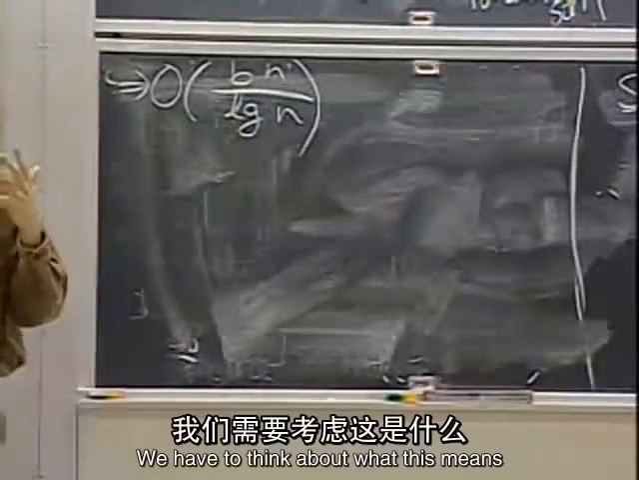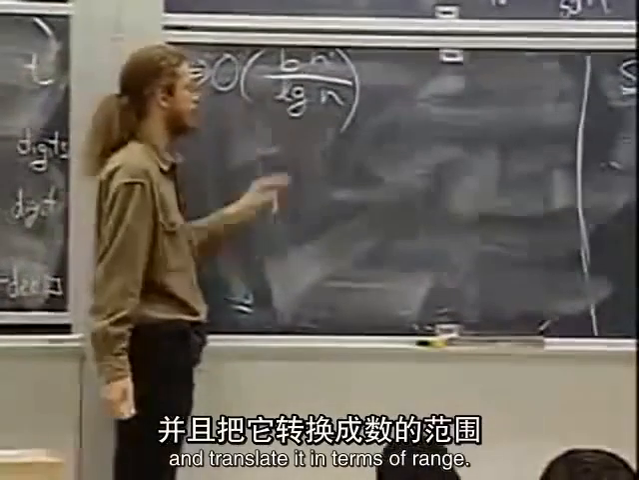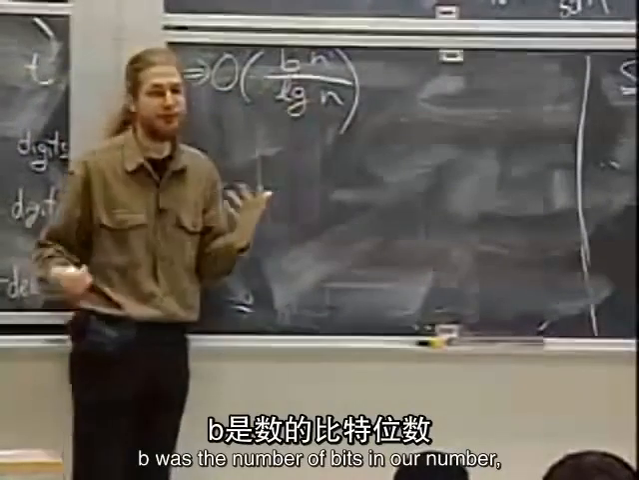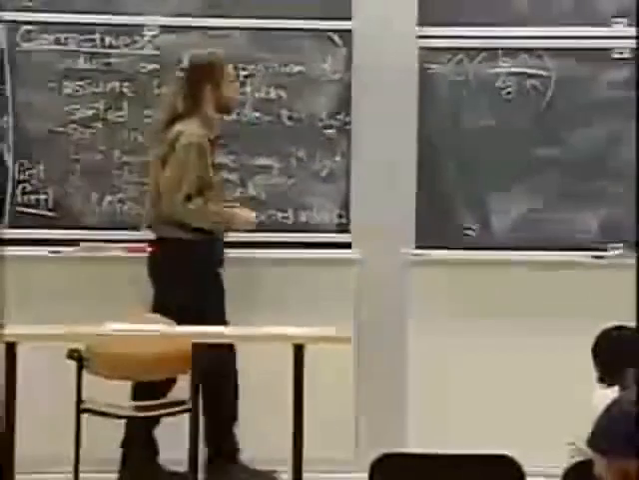Okay, we have to think about what this means and translate in terms of range. b was the number of bits in our number, which corresponds to the range of the number. And,